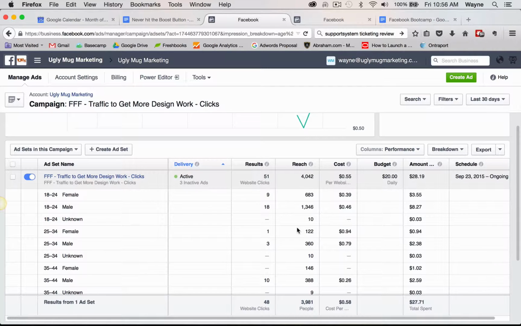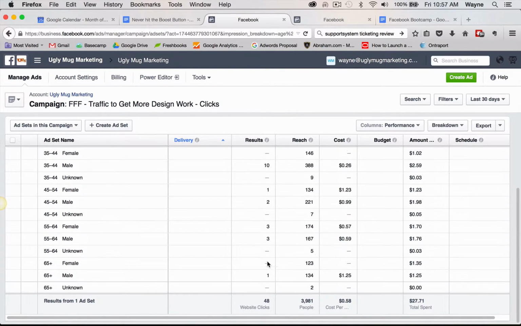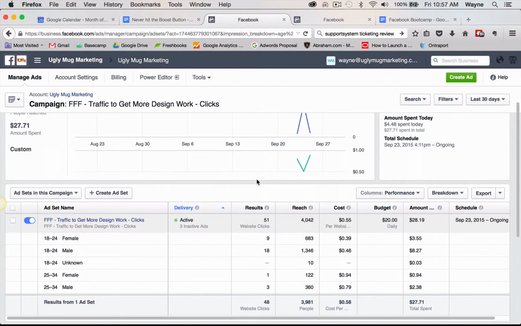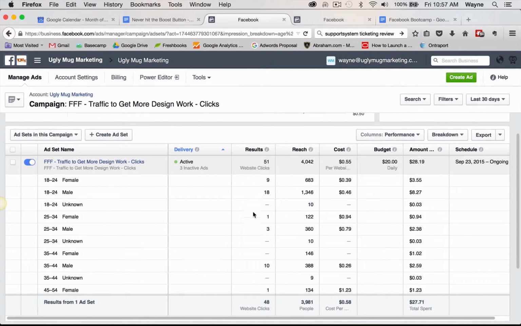Now, I realize that this can be a bit complex, a bit time consuming, and again, I don't want you to be overwhelmed by that. This is a much more advanced strategy. This is a much more engaged strategy, meaning it's going to take time. It's not just log in for 2 minutes and do this. It takes time to explore this data, to dig into this data. And you can, by the way, export this data. So you can export this out, put it in Excel, and if you want to create tables, formulas, whatever you want to do, you could do that. But here you can look and see who's actually given us the clicks and how much they're costing per click,